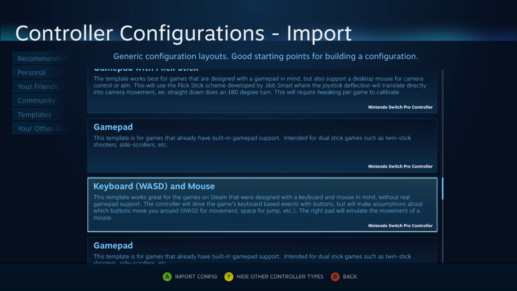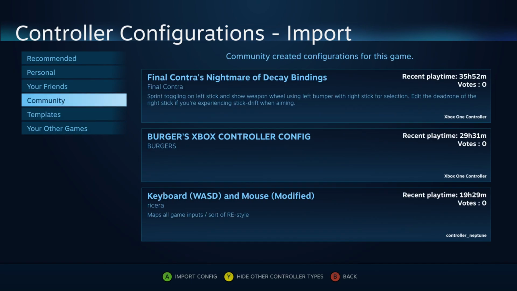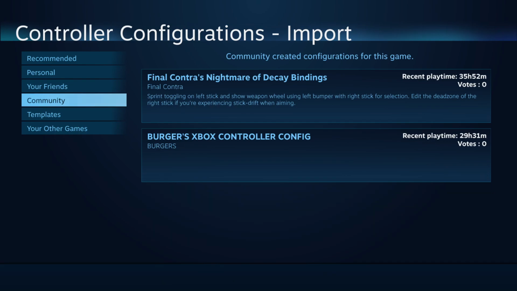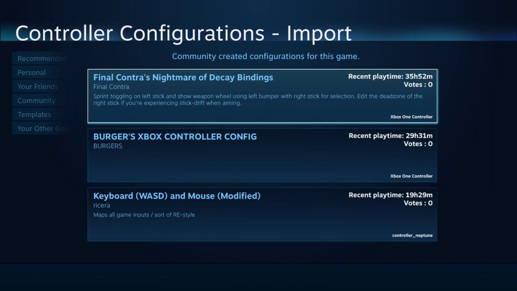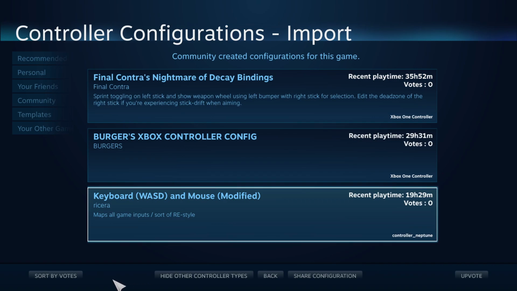And that's actually kind of what I worked off of. So if you're not seeing my template showing up under Community, try to toggle on Show Other Controller Types. I believe you should be able to use this if you're on a PlayStation 5 controller, because they're pretty one-to-one. If you navigate to this, you can then select Import Config, which